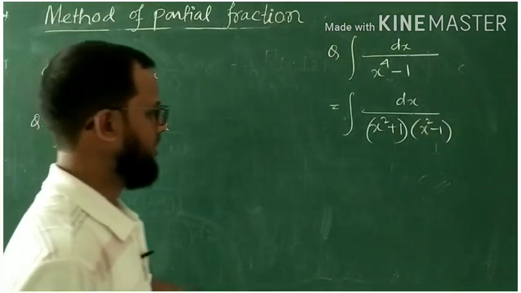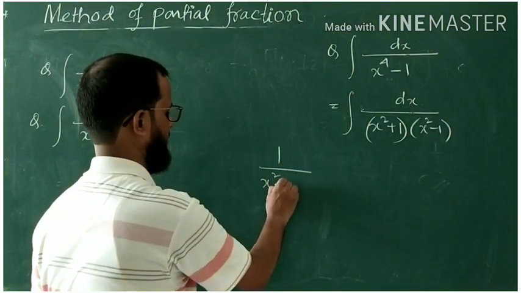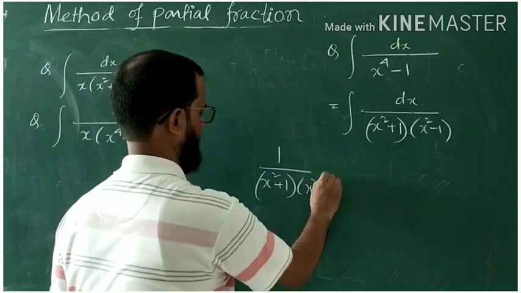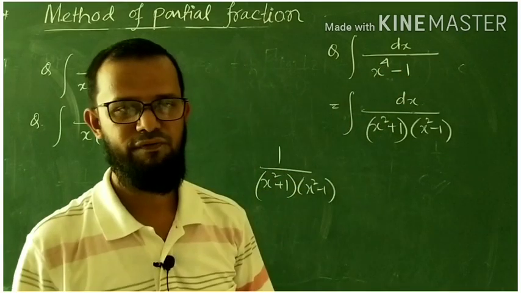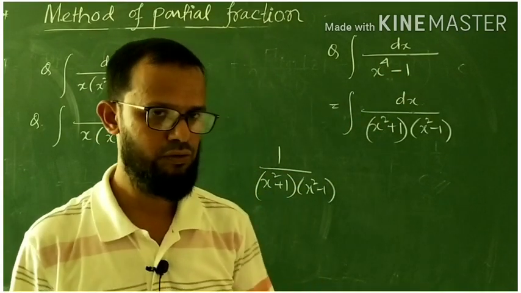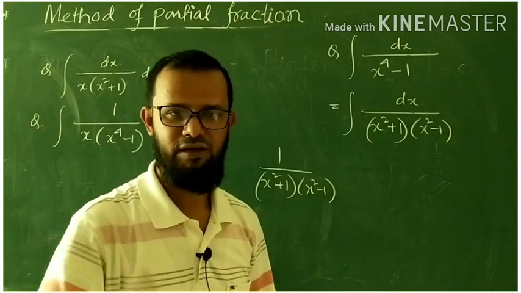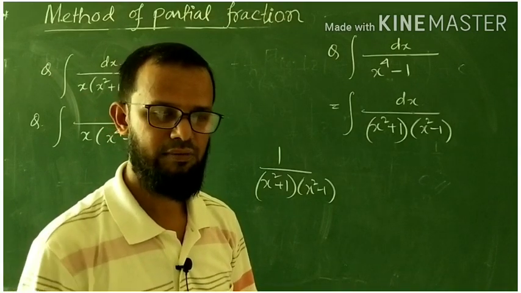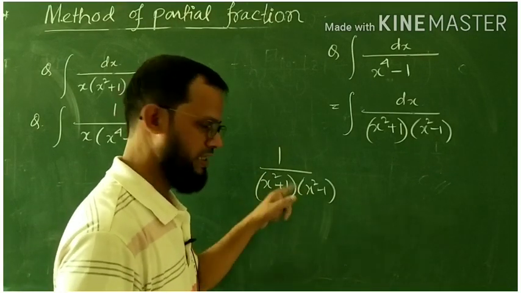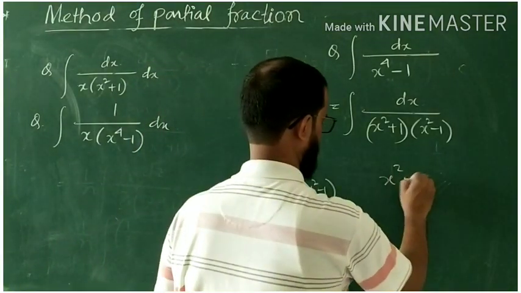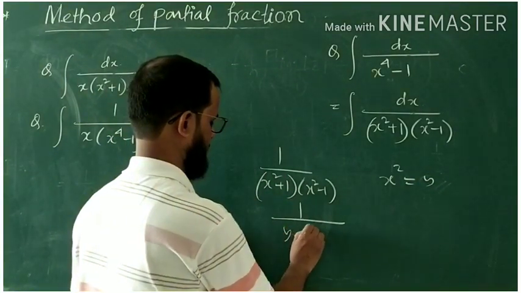Now in this particular integrand, what is your integrand here? Your integrand into what? 1 by x square plus 1 into x square minus 1. If you multiply this x, you are getting x to the power 4, and if the power of x is 4, means you are going to introduce how many constants? There will be 4 constants you are going to use, and which is difficult for you to solve the problem. So reduce the number of constants. What we will do, since only the x square term is present, so in this integrand we suppose that x square is equal to y,